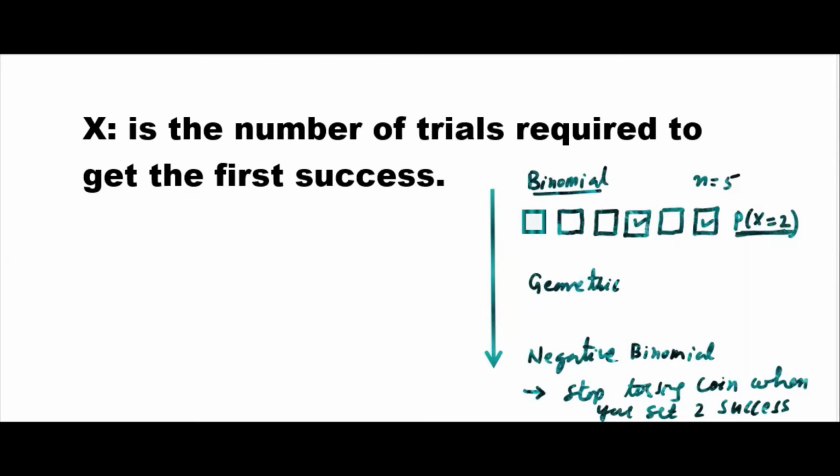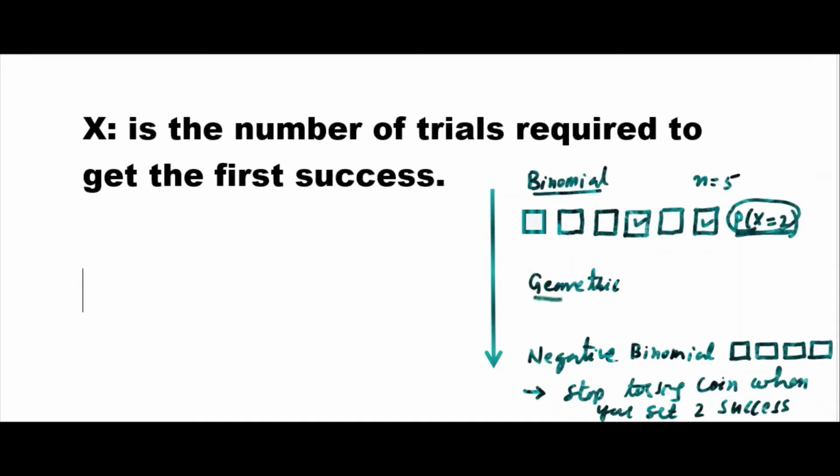You have to continue tossing. So in negative binomial, you toss once, you will definitely not get two successes in once. At least 2 times you have to toss the coin. Continue this till you get two successes. But in binomial the case is different. Here 1 2 3 4 5 6, 6 is fixed, you can't change that. Now count whether you have 2 successes or 1 or 3 or 4, whatever way it's possible, you have to count that.